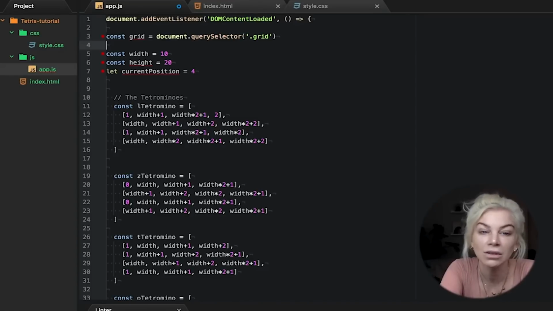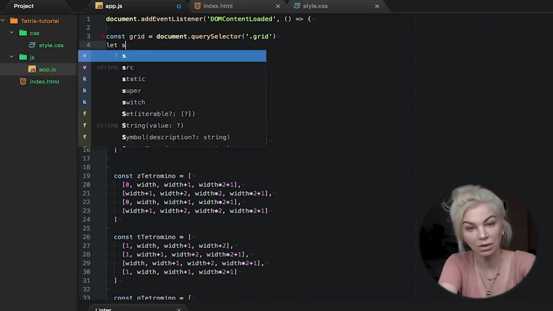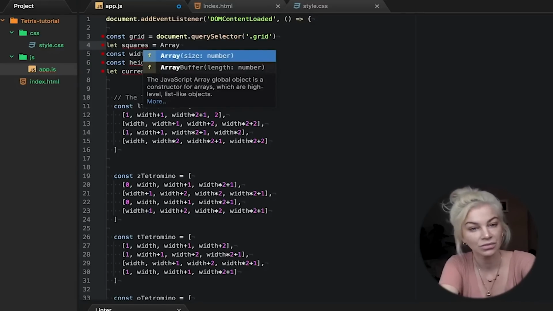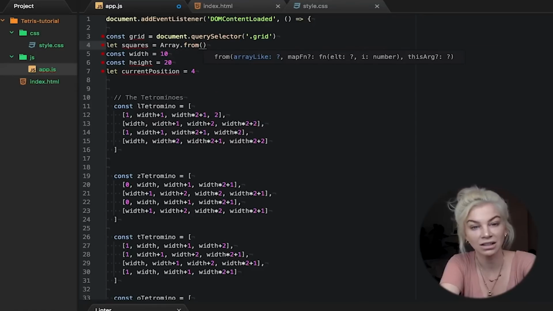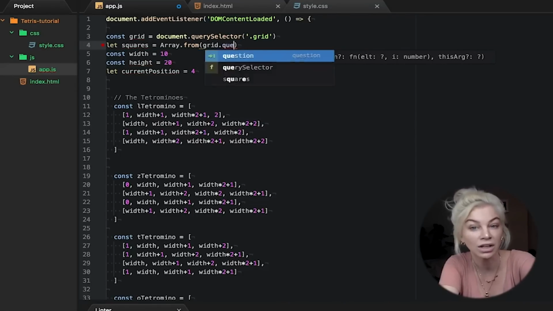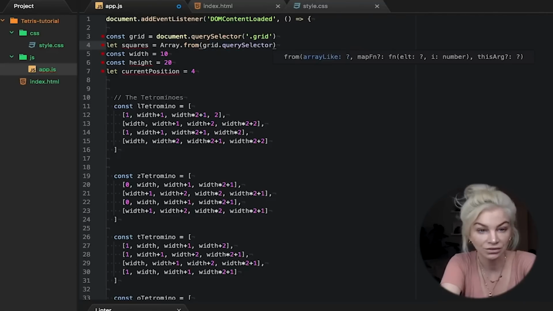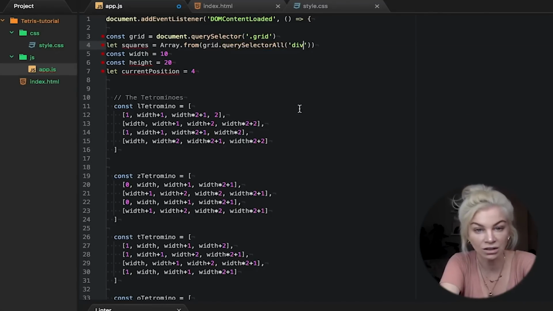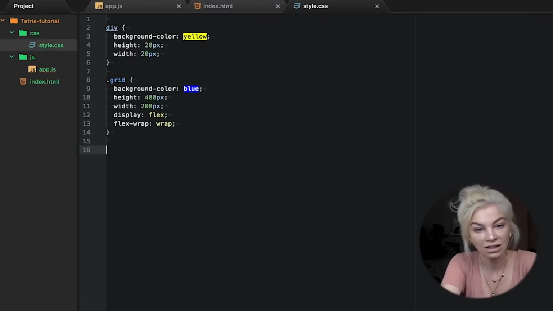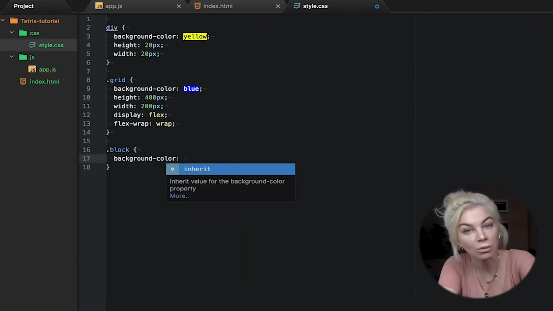We are now going to visually move the tetramino down by drawing it and undrawing it in divs. For this, we are going to have to assign a class name to the divs we want to visually display a tetramino shape in. So, let's put this at the top of our file. Again, using query selector all this time. Now go to your CSS file and add the following. From now on, all divs with a class name block will be blue.